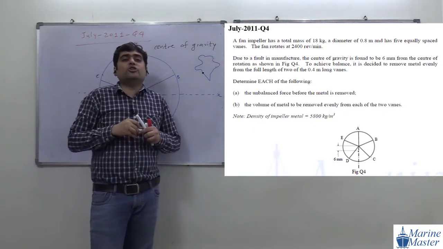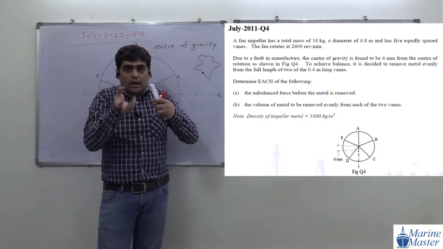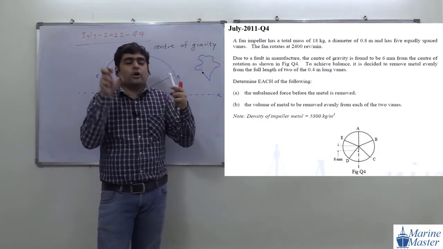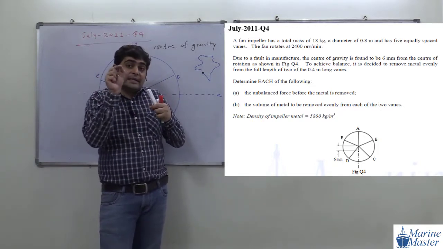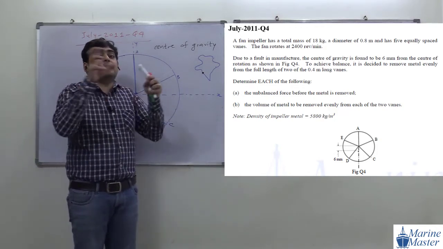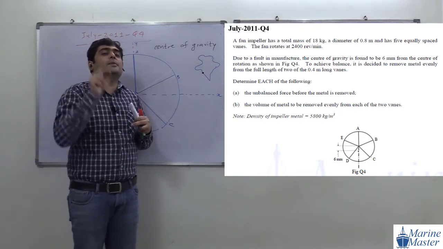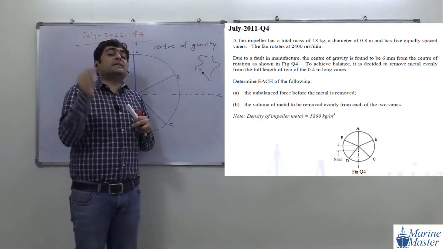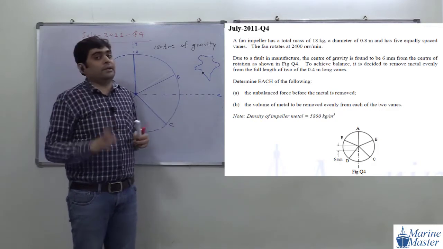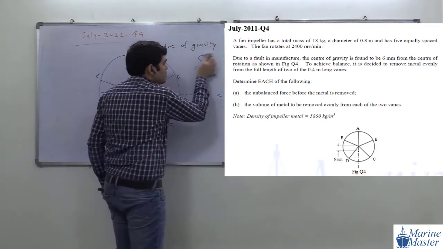What is meant by center of gravity? It is a point through which, if you want to represent the weight or mass of the body, we will represent that weight or mass. If the mass is big and you want to replace it by a single point, we replace it by its center of gravity. Okay guys, are you getting my point? So you got it, what is meant by center of gravity.